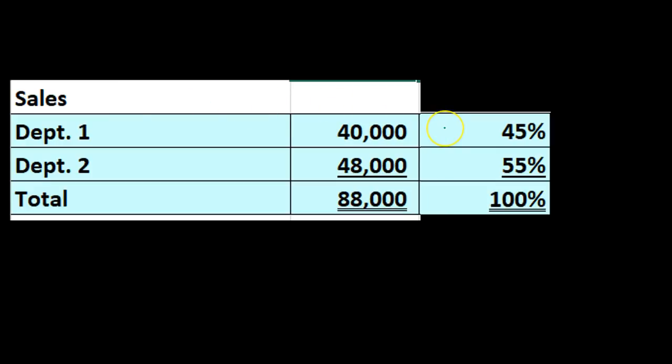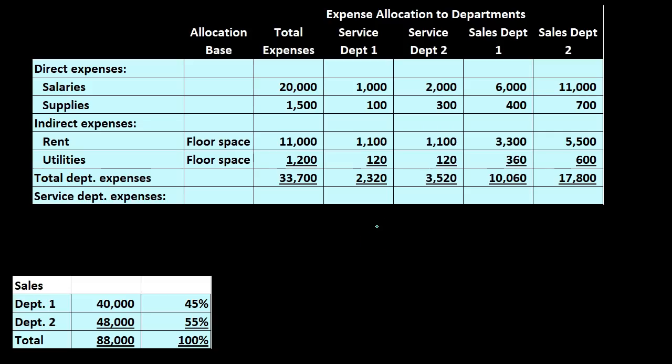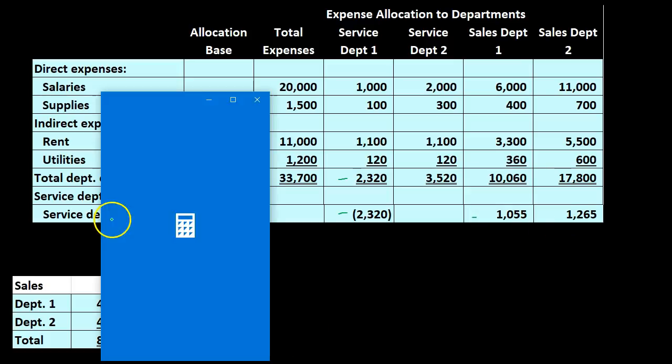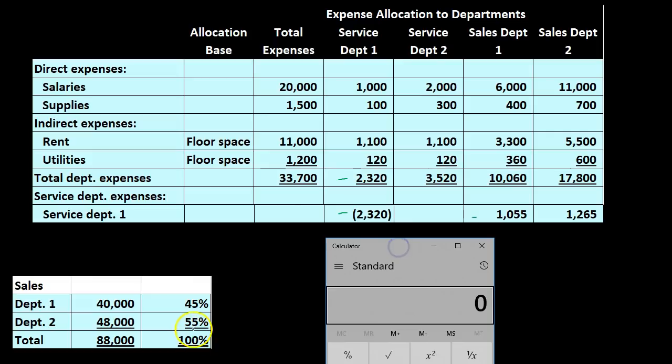Then we're going to use this to break out the service department. How? Based on a 45-55 percentage breakout. So then if we do that, here's the service department. It was at 2,320. We're going to remove the entire 2,320 at this point and apply it out to the sales department or operating department 1 and 2. How will we do that? We're going to break it out 45-55%. So we've got the 2,320 times 0.45,